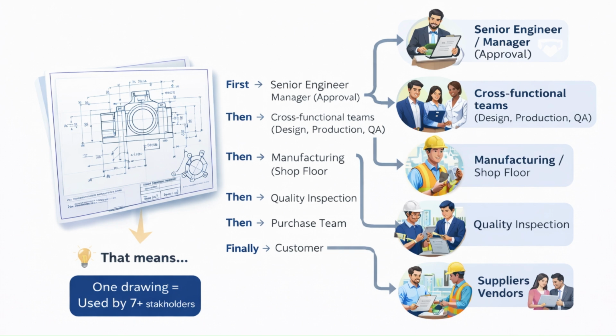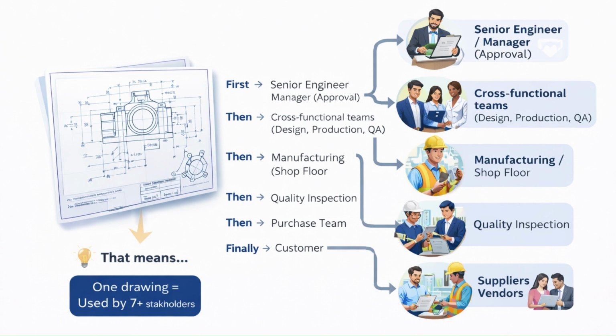So if you have made a mistake in this drawing, the same mistake will be carried forward in the future. In manufacturing the drawing will be referred to, for quality inspection this drawing will be referred to, and the purchasing team refers to the drawing for costing purposes to finalize the cost, and then the supplier or vendor also refers to these drawings, and finally customers also refer to these drawings. So every person reads it in a different way based on their work.